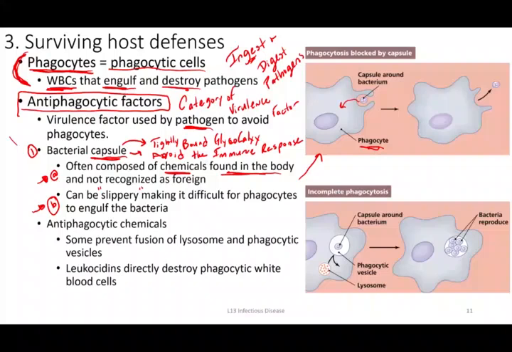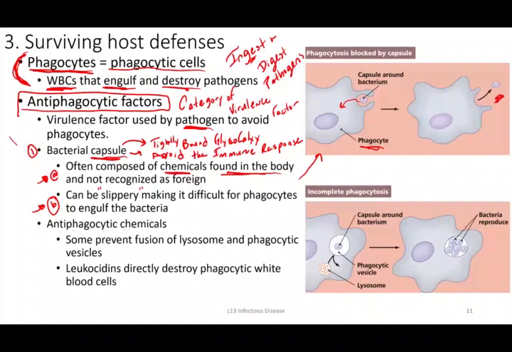So think about what we've talked about so far. The goal is to ingest and digest. So it's a game of hide and seek for starters. And so some bacteria are better able to hide from the immune system because they have these chemicals that don't look foreign. They look like they're supposed to be there. But other bacteria are more easily recognized as foreign, but they're just harder to grab onto and actually internalize and ingest. So that's what's being shown here. So in either of those two situations, that capsule gives a really important advantage to the bacteria in avoiding the immune system. So that's how some capsules work.